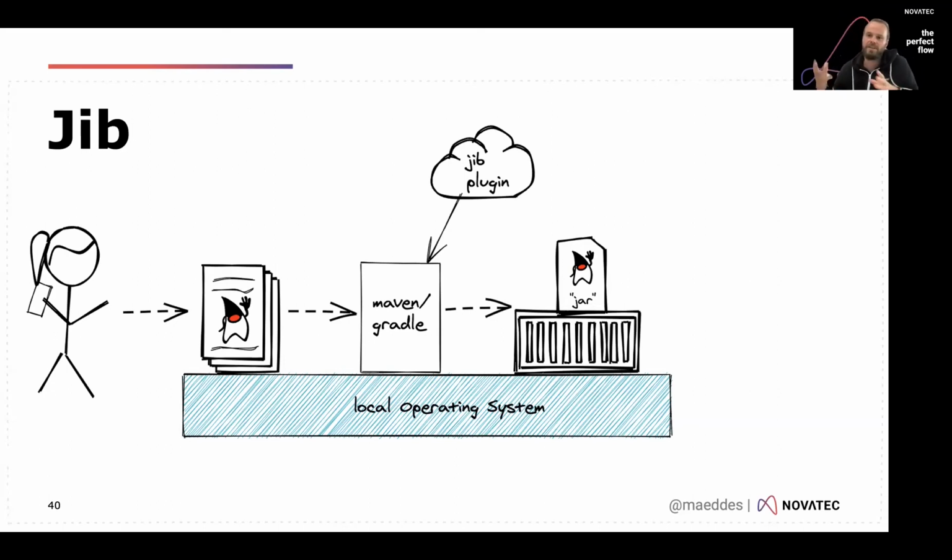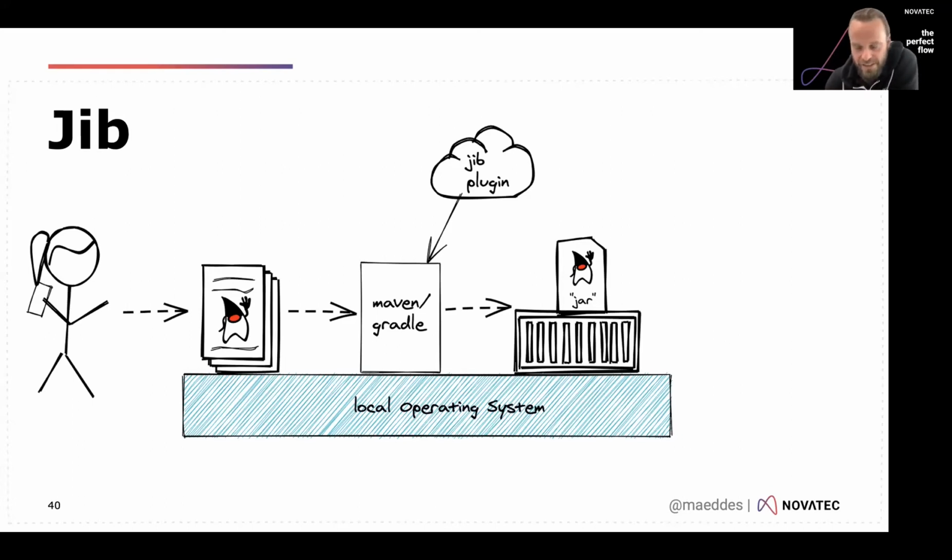In the end, the container image is just a binary structure of files that are residing in the file system. And technically, you don't need a container daemon to build that. And Jib leverages that. It builds the container image, puts it in the file system, and then you don't need the local daemon to be present. This probably doesn't have a lot of effect on a developer workstation where normally you would have one. But sometimes I've heard of situations where people have issues with running Docker daemons as a step in a pipeline build. And this will definitely be helpful there.